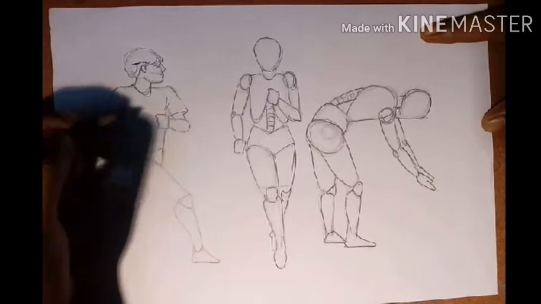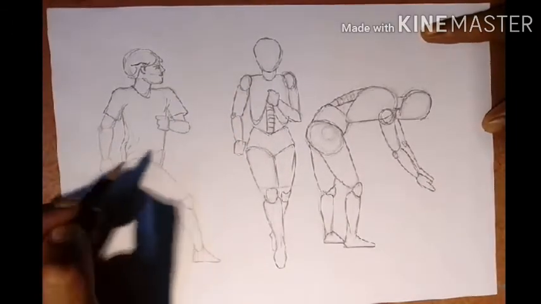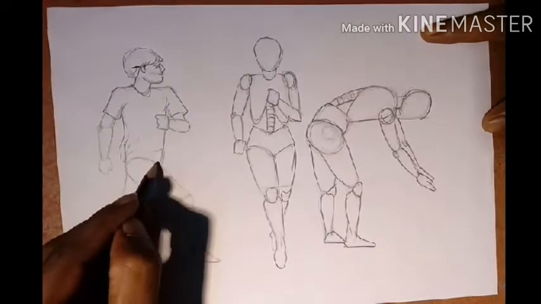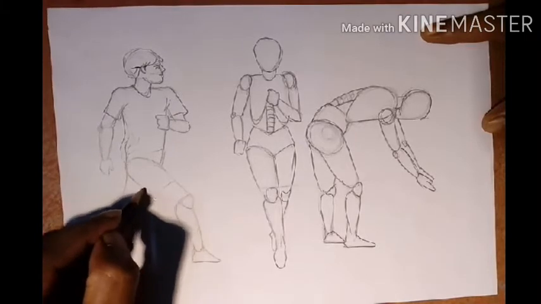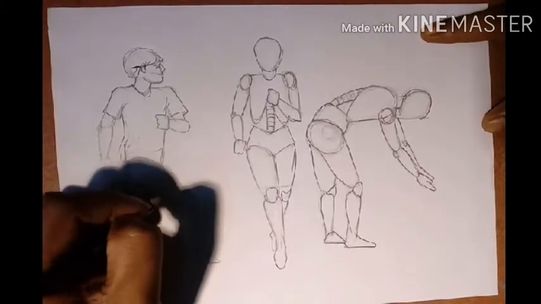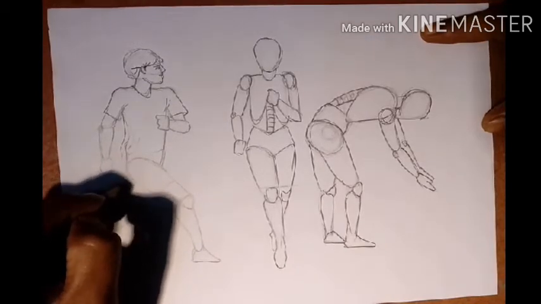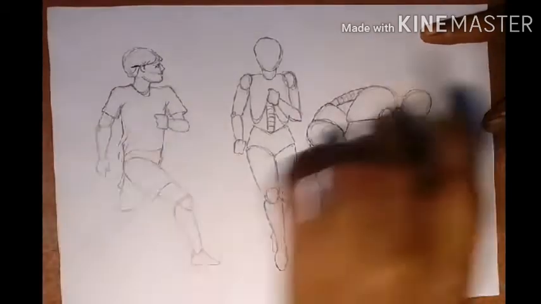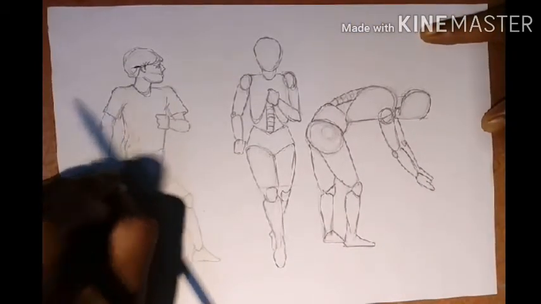This is the t-shirt. Now if we consider the pant, again here it will come like this. So this is the thing.